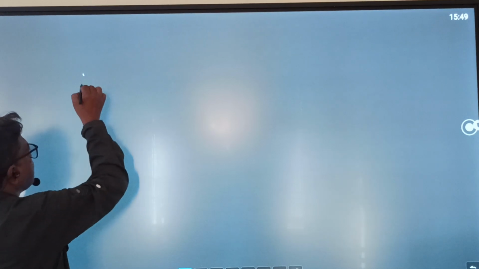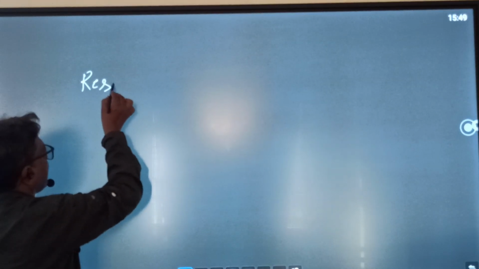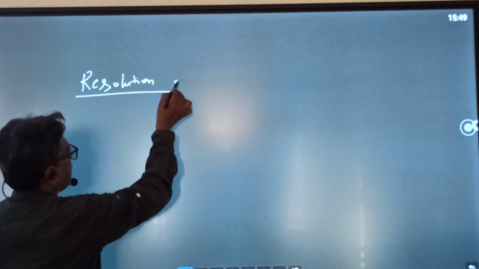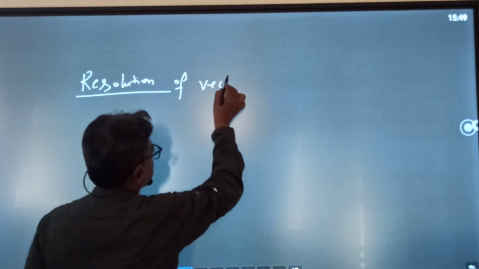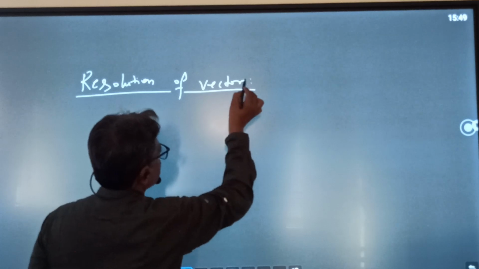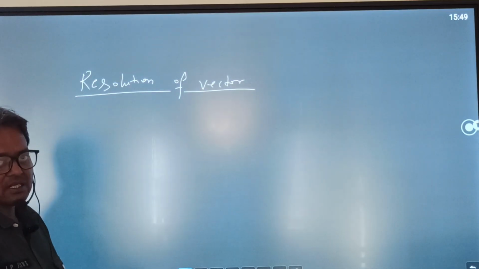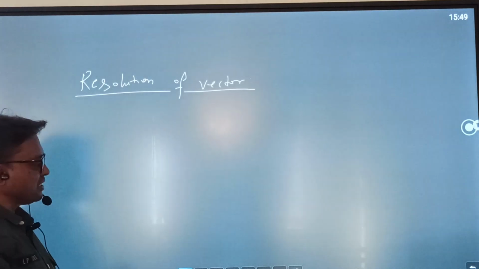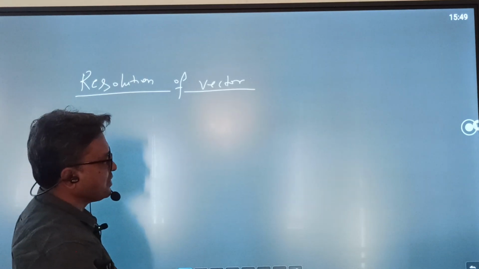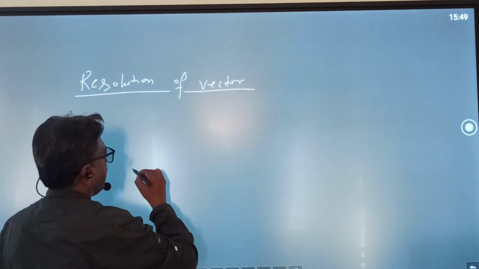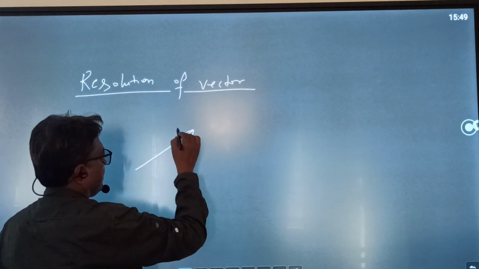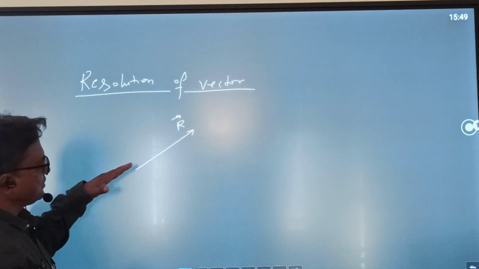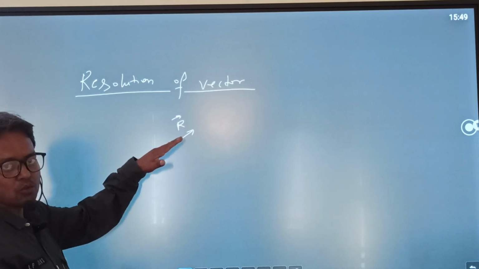Now let us discuss resolution of vector, that is, how to resolve a vector into two or more than two components. So first we will discuss how to resolve a vector into two components. So here we can remember, suppose we have a vector r directed along this direction. So if we split this vector into two components,